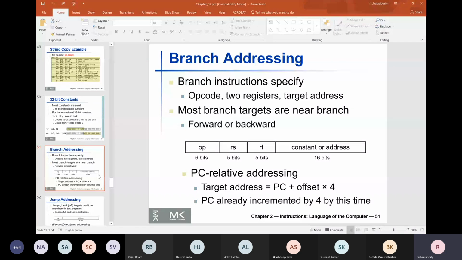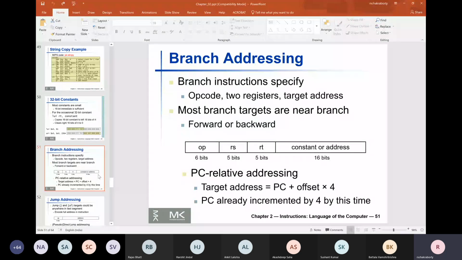It gives a 16-bit constant, but then it multiplies by 4 when the actual address to which branching should happen is calculated. It sees the current value of PC, that is the program counter.